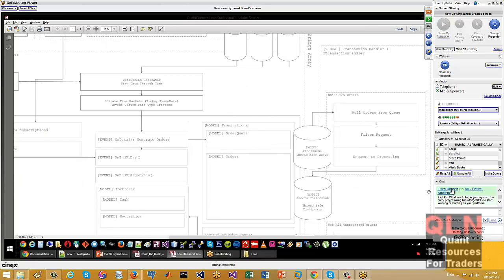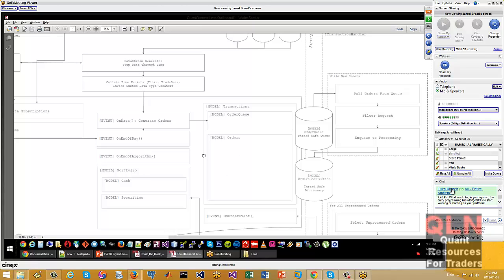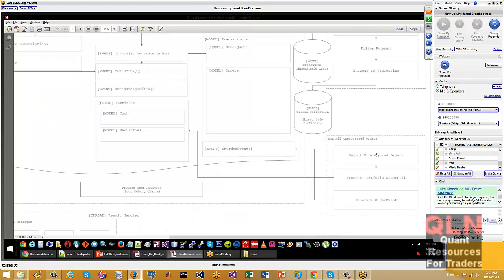On the other side over here, we've got the transaction handler thread. A lot of the time, of course, in real life, orders are asynchronous. You send them off to the markets, and they get filled and returned in their own time. Whether that's a millisecond or a second, it's still asynchronous. So the algorithm pumps the orders into an order queue, and then they get filled in the market, and then it generates events.